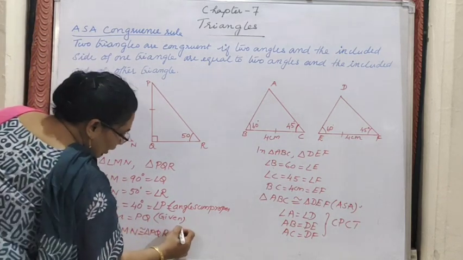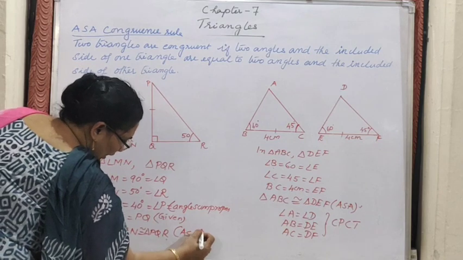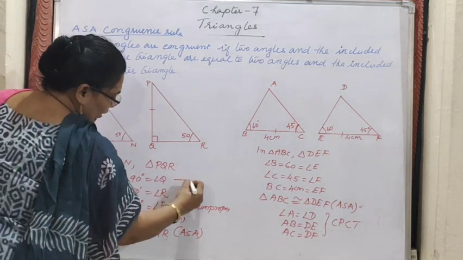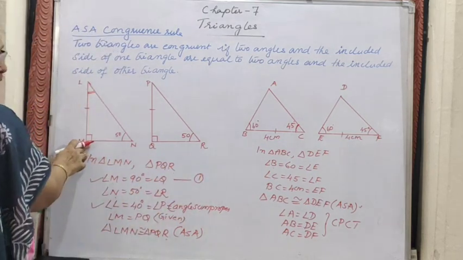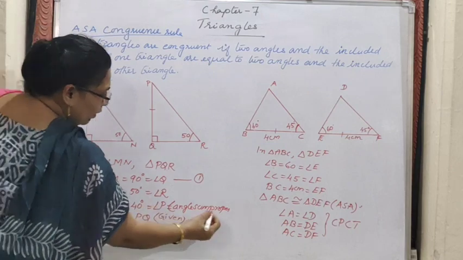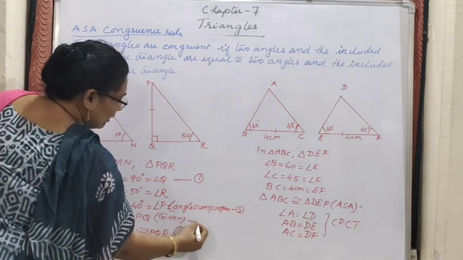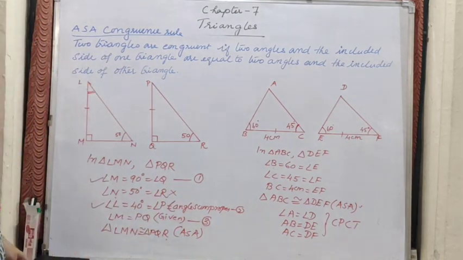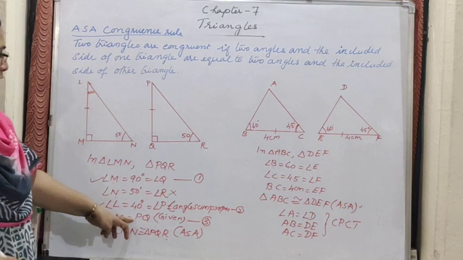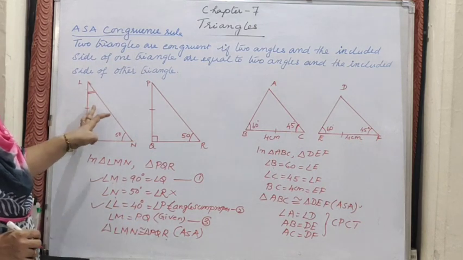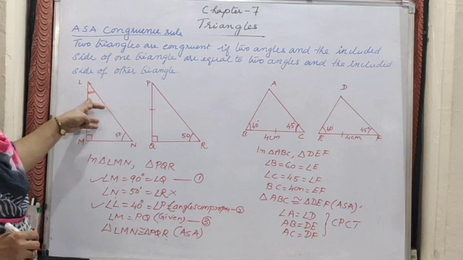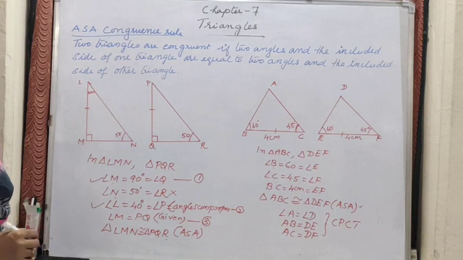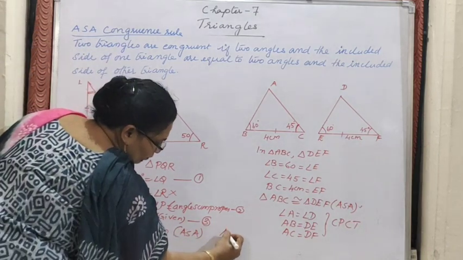Now which is the criteria? ASA. Right? So what we are writing is the statement for us. The first one is this, because we required angle M and angle L also. This is the second criteria, and the third criteria is this one. So this criteria we are not considering for writing ASA, but without writing this one, now you understood that if any two angles are given in a triangle, we can find the third angle by using the angle sum property. So instead of writing ASA, we can write AAS also.